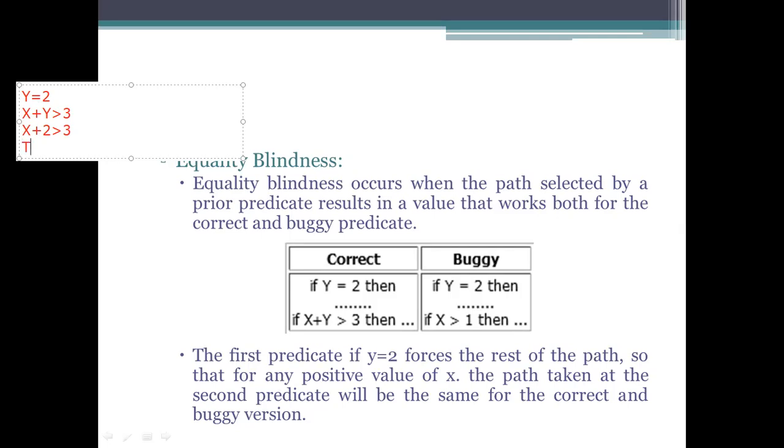So for the true, what we are having here is it should be greater than 3. We are not saying that it should be equal to 3. So for the true values, it should start from 2 here. If you are taking x value as 1, what happens? 3 greater than 3, the condition fails there. So it should start from 2 and go to infinity.